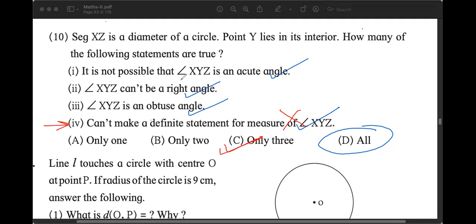We will stop here. As part of your homework, you will complete the questions that we discussed in the class today, and you will solve as many questions as you can from the problem set for this chapter, and solve the problems in the order they are there in the exercise. Don't skip. And if you can't do the later questions, don't panic at all. After the class, by the end of the day, I will tell you exactly which questions are in the syllabus and which questions are not in the syllabus for board exam. That is it.